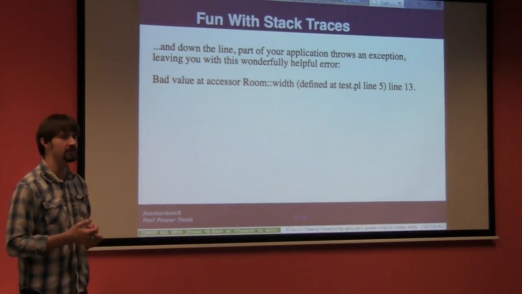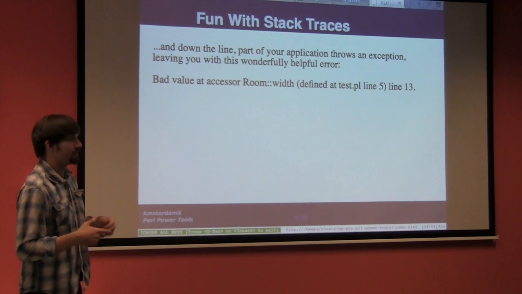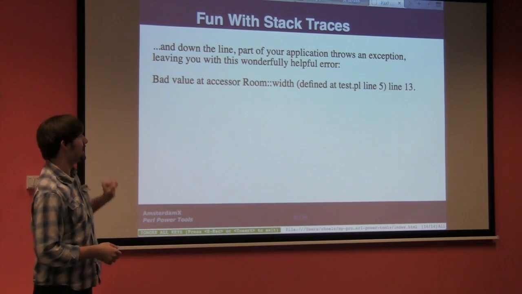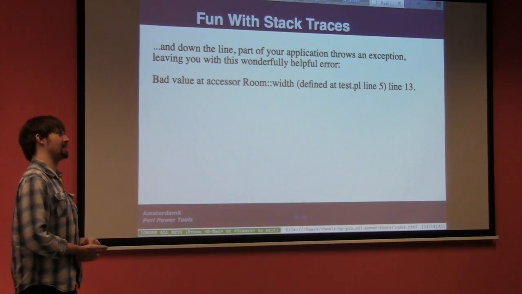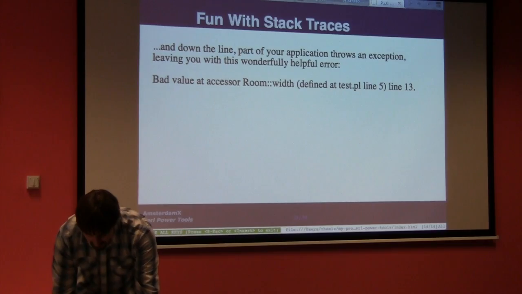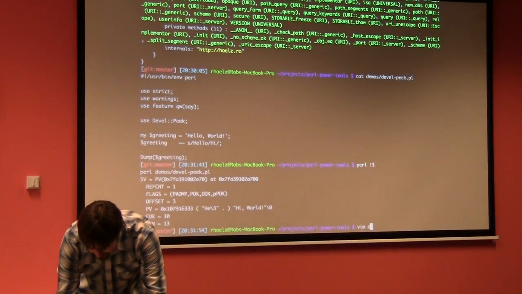to production, and after a few days, or a few weeks, or a few months, your application throws an exception, and you get this wonderfully helpful error: bad value at accessor Room width defined at test.pl, line 5, line 13. To give you an idea about the source of that,